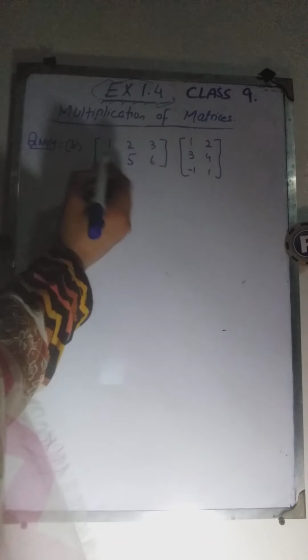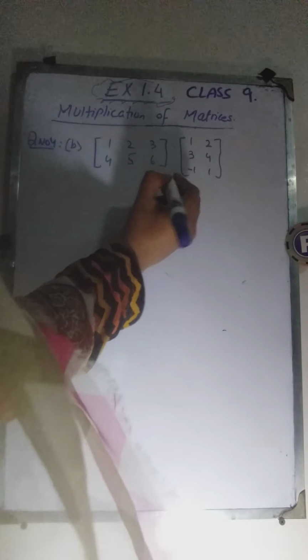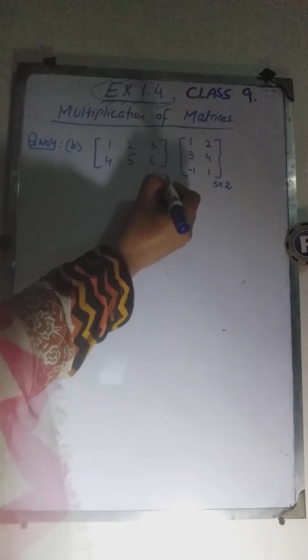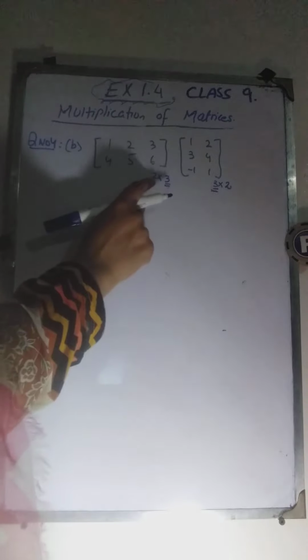Here we have the matrix having the order. The first matrix has 2 rows, 1, 2 and 3 columns, 1, 2 and 3. The second matrix has 1, 2, 3 rows, 3 by 2 order. Now as the number of columns of the first is equal to the number of rows of the second, therefore multiplication is possible. Okay, and the resulting matrix will have the order 2 by 2 as we can see from here. Now let's do the multiplication.